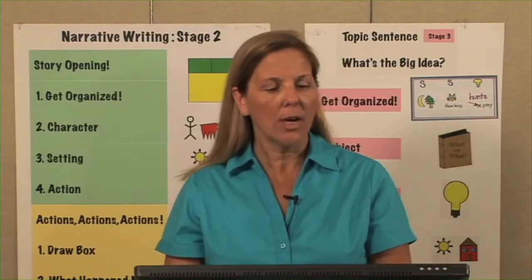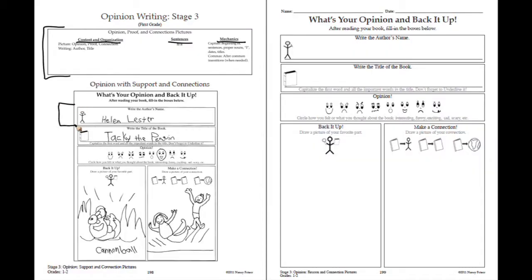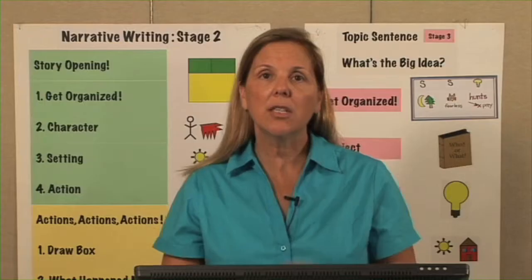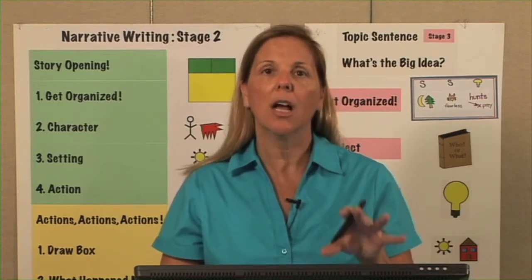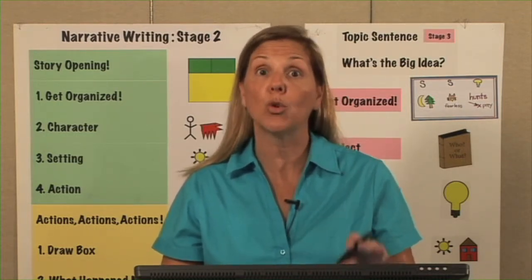At this stage, we are looking at the author, the title, giving our opinion by just circling an emotion or what we think about the text, backing it up with a picture, and then making a connection with a picture. This stage is for children to just learn the elements of what they need to have in order to officially